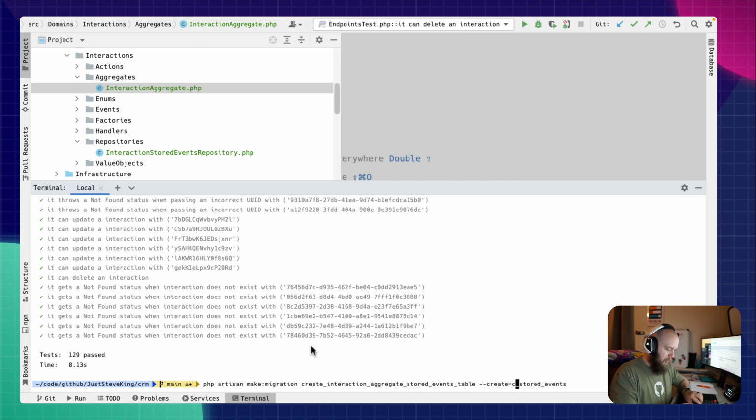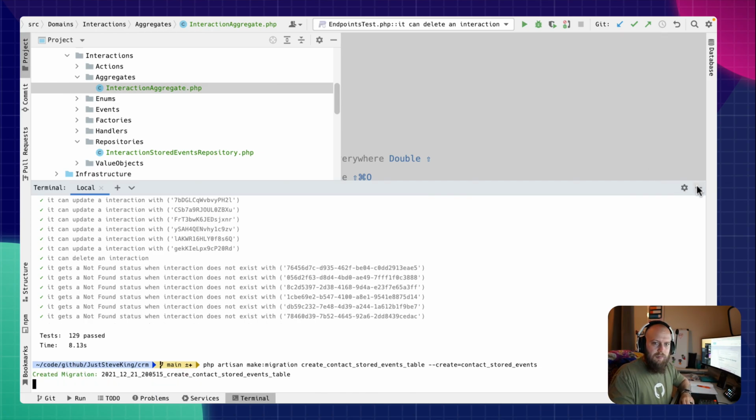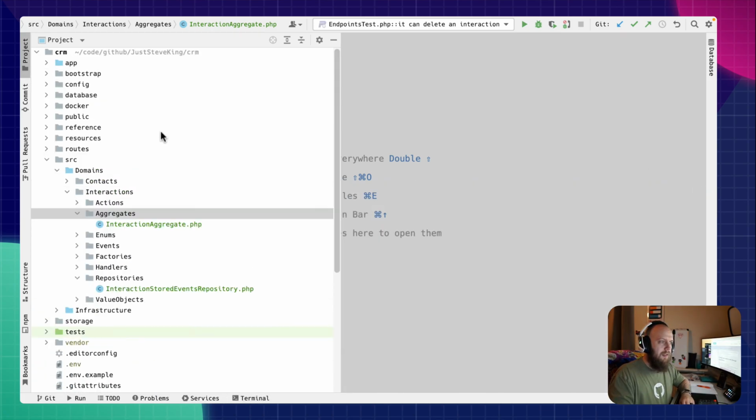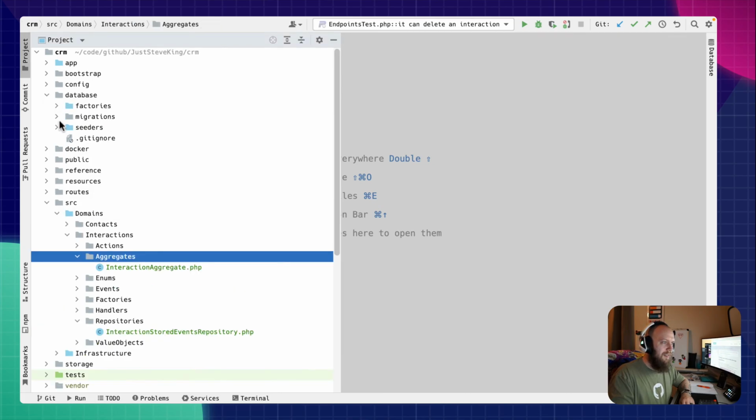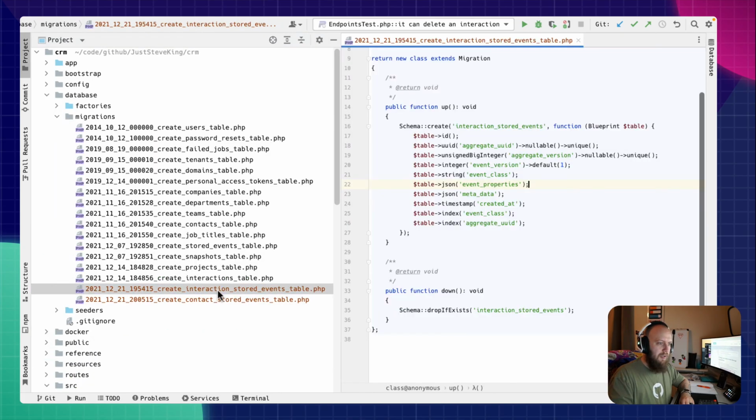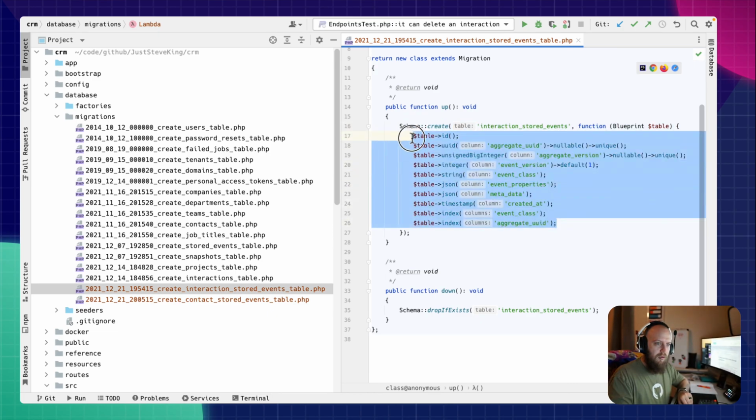So if we say contacts or contact stored events. Contact stored event. That's all done, so we can do the exact same thing as we did here. Grab that, come into here,